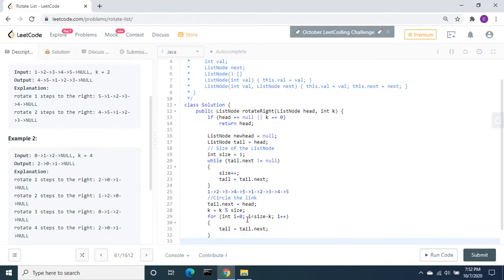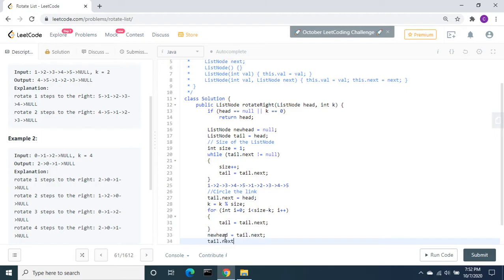After completing this, size is 5, 5 minus 2 is 3, so it goes up to this and it's pointing here. The main thing is we need to break this and set the next one to null. So I'm going to assign tail.next to the result: newHead equal to tail.next, then tail.next equal to null.